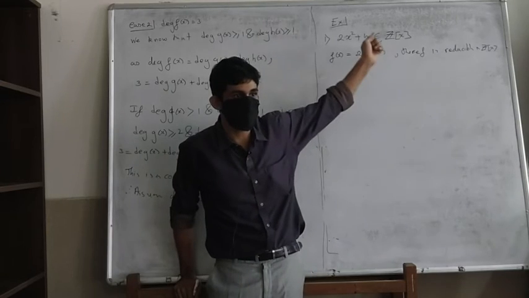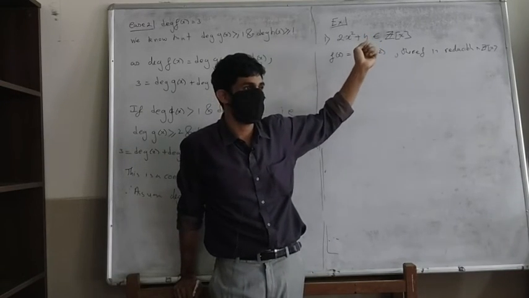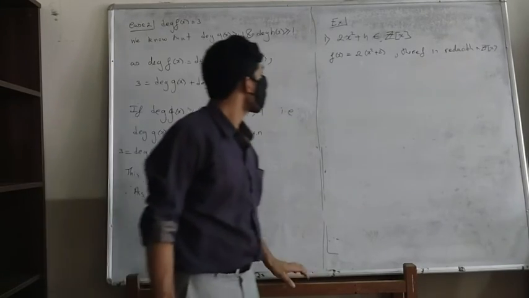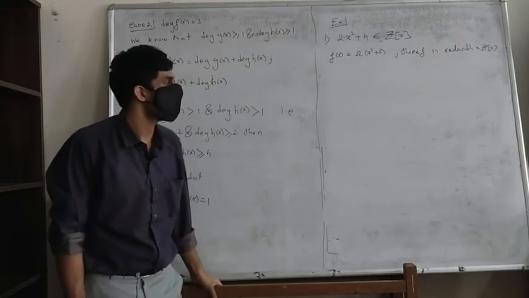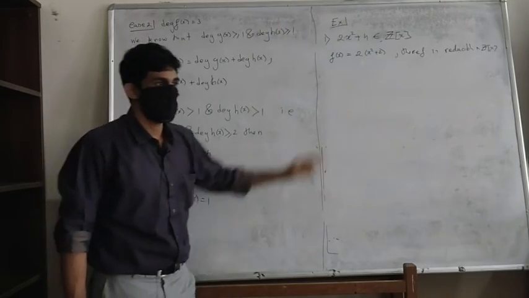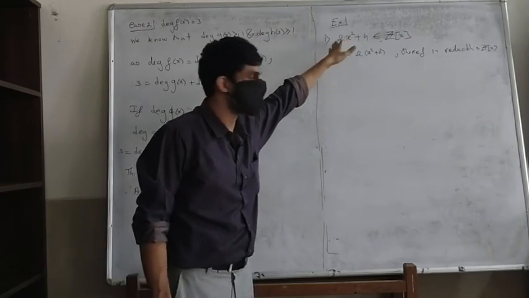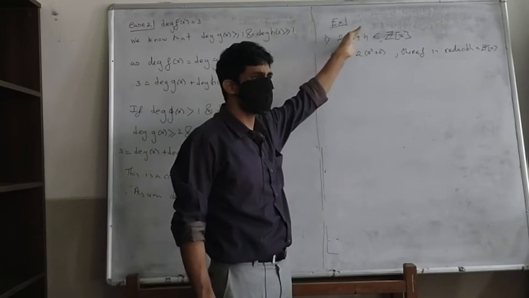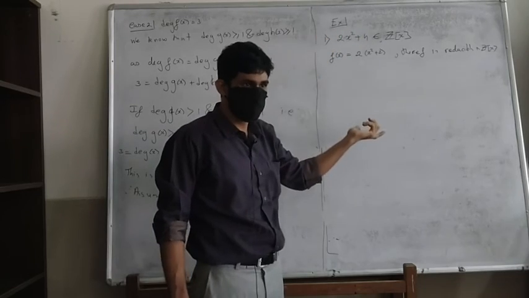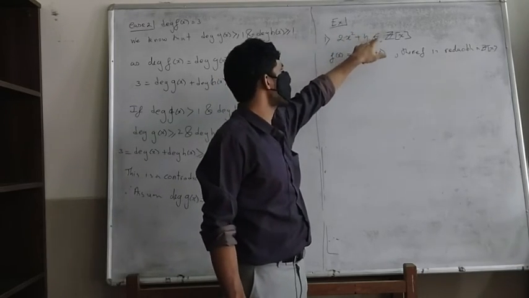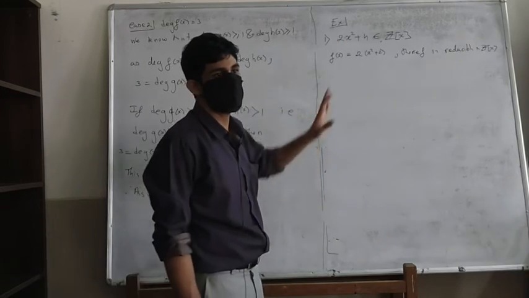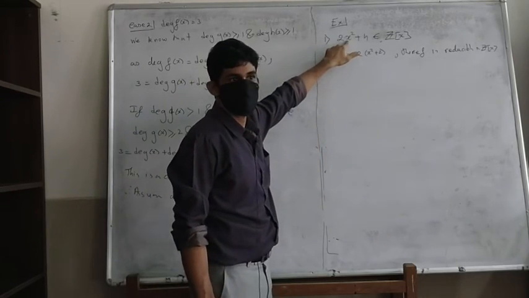No, this has no root in Q, right? What are the roots of this? Plus and minus, what is it? Square root of, this is in fact complex, right? These roots are complex. How do you know this has no root in Q? Because the square of any number is positive, right? Add a positive number to 4, you're going to get something greater than 0. So a simple way to test.